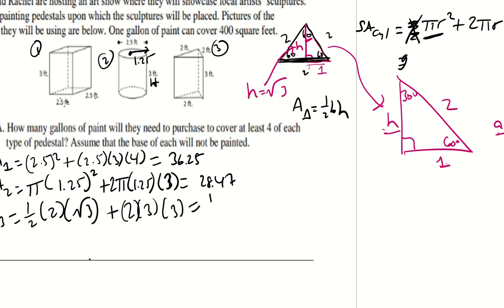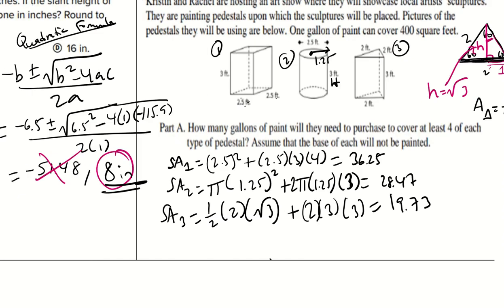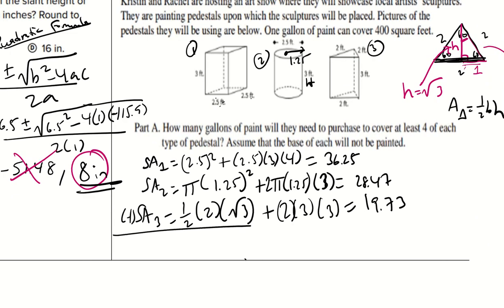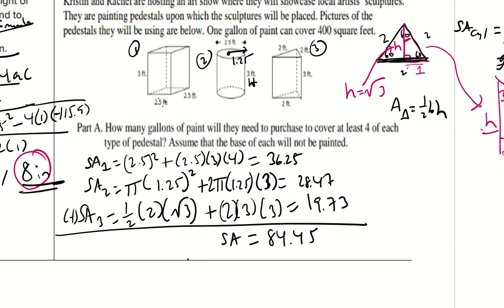All right, so in that case, I get 19.73. And next, I'm going to add these surface areas together. So if I add those, I get 84.45. And next, I'm going to multiply that by 4 because we have 4 duplicates. Right, so we have 4 copies. So these are the duplicates. So we're going to times that by 4, and we get